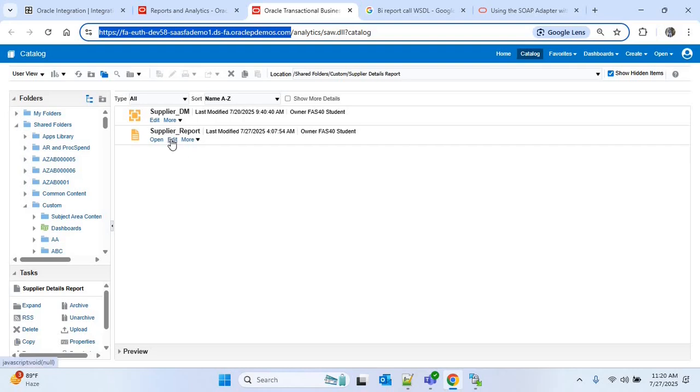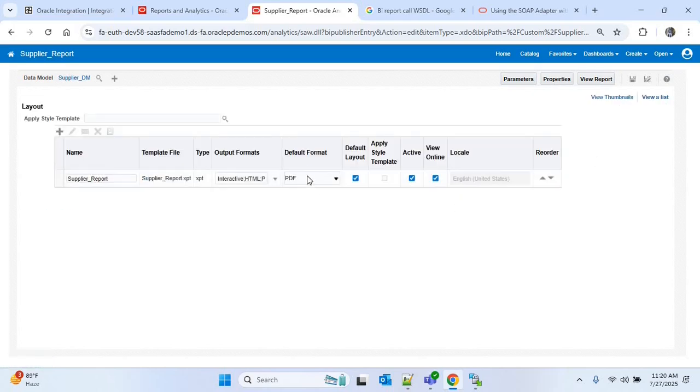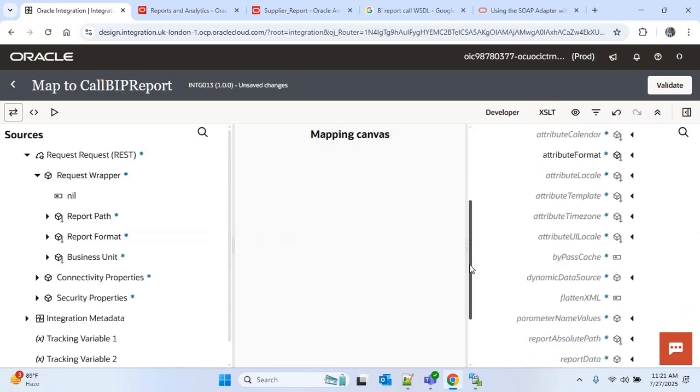Like in our case, if I edit this report and if I click on the view list, then you can see the default format is PDF. So if I do not pass any value to the attribute format, then we'll get the PDF output. Now I'll go down